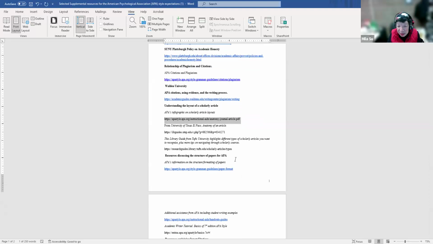And many of your faculty may be very, very clear in saying to you, this is what I want your paper to look like. And some of them may even be giving you practice assignments where you need to have your heading, you need to have your outline. What is that going to look like? And then they'll provide some feedback to you to help make sure that you've got the paper in proper format.